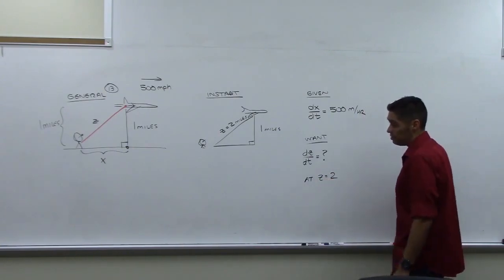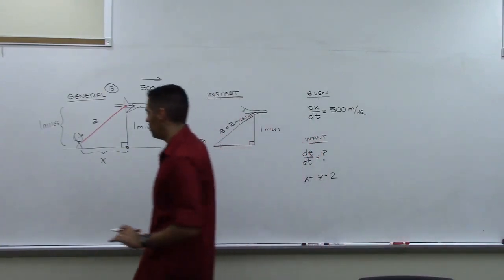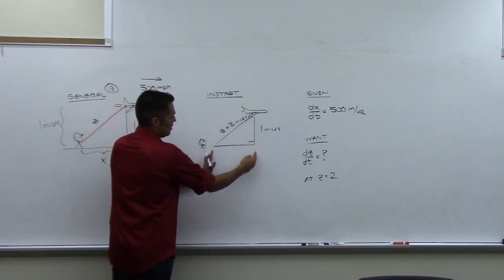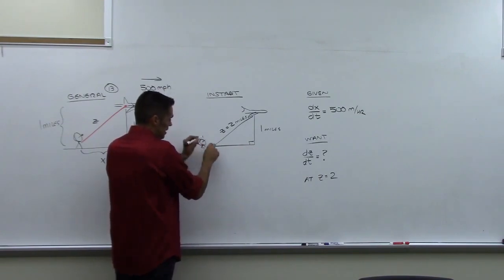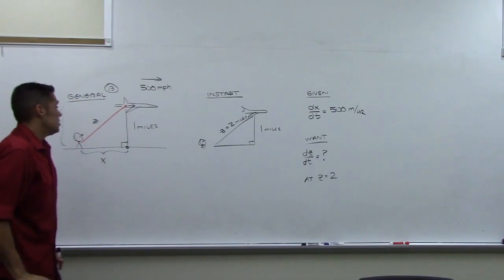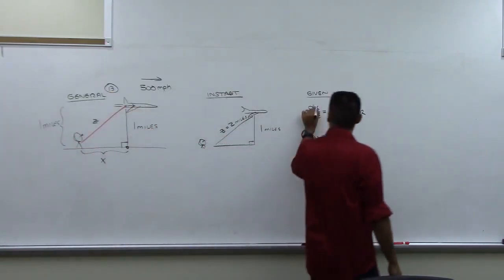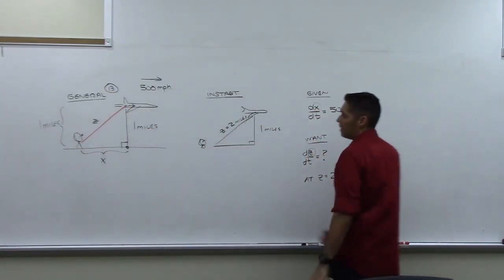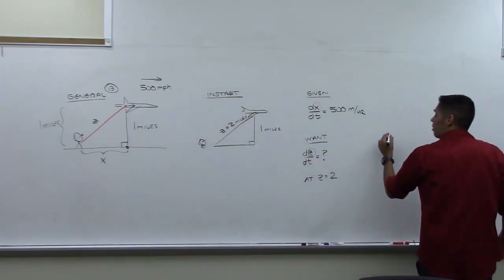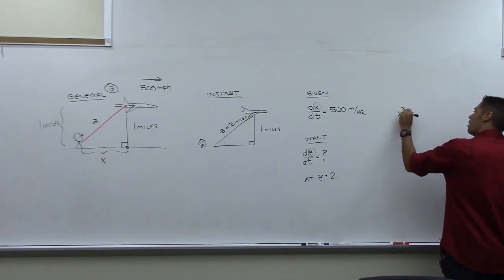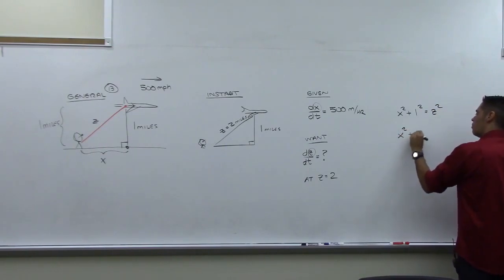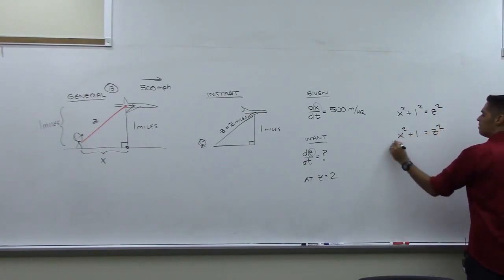One of the common mistakes students make on this problem is that when the word problem says the distance between the plane and the radar station is 2, they'll say this distance is 2, but it's actually the straight line distance from the radar to the plane. All right, so we just need to come up with an equation that somehow connects this variable x to the variable z. We go back to our general picture, and you can see the Pythagorean identity on the triangle. We know that x squared plus 1 squared must equal z squared, which means x squared plus 1 equals z squared. This is my equation,